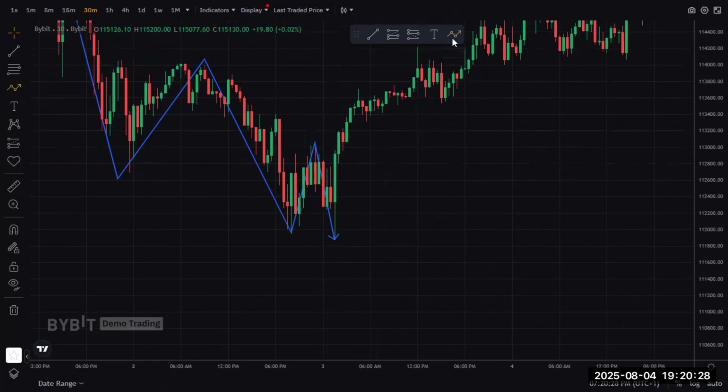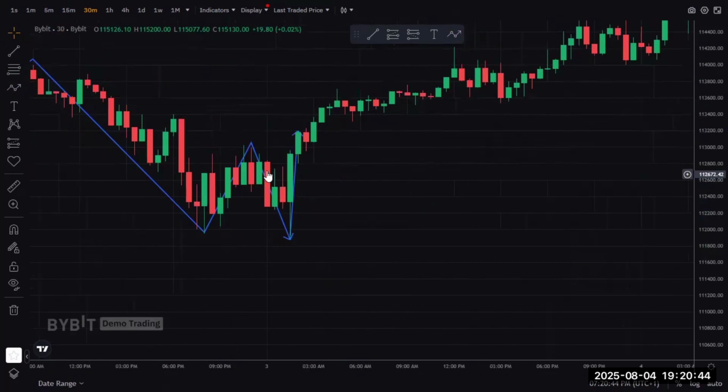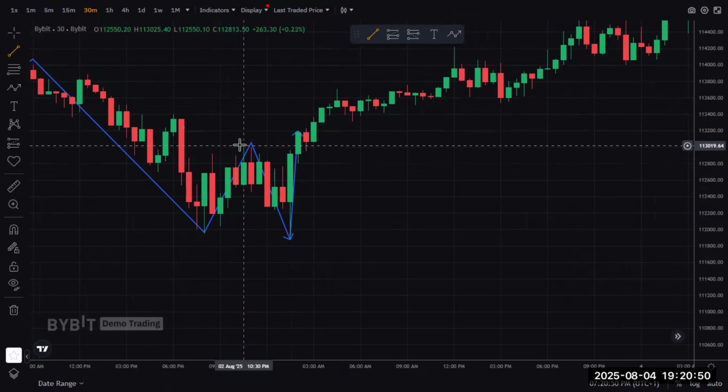Rather, it reversed. So price reversed and started breaking the lower highs that we were forming. So price broke the lower high from this green candle that is here. You can see it. It broke the lower high here. So when you mark a straight line from the wick of any candle that was the last lower high that was formed, that got broken by price,